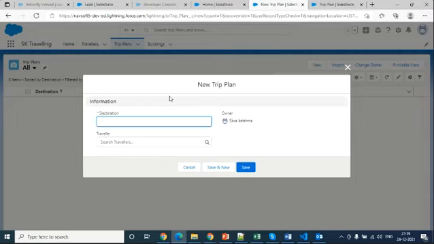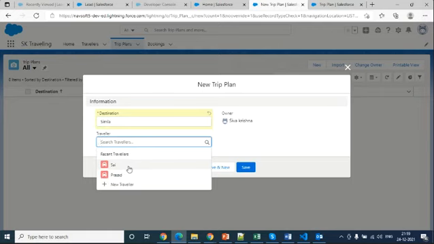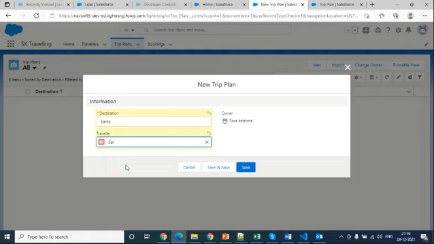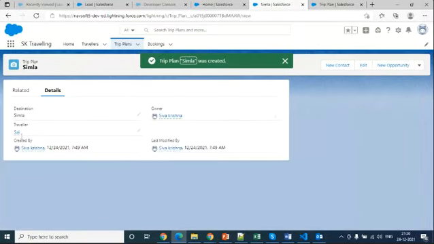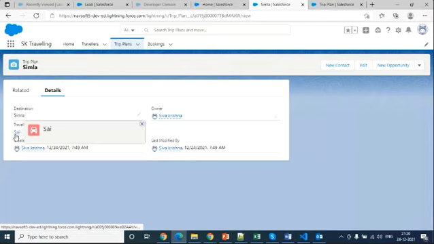Destination, I can say Simla. Then I just want to select the related Traveler, which you can consider as Sai. If I click Save, the relationship is created between Sai as a traveler and the trip plan to Simla. This guy wants to go to Simla.